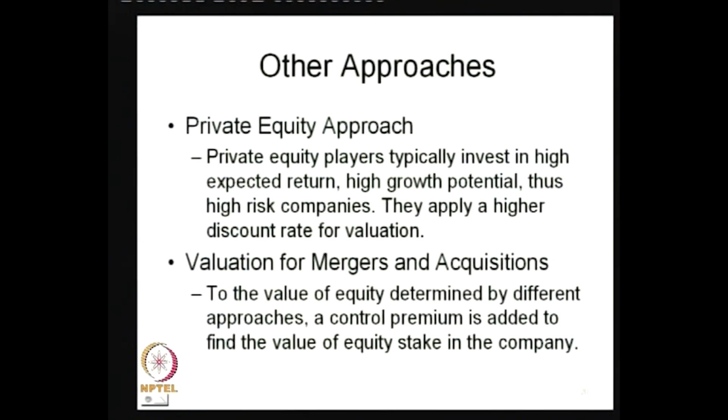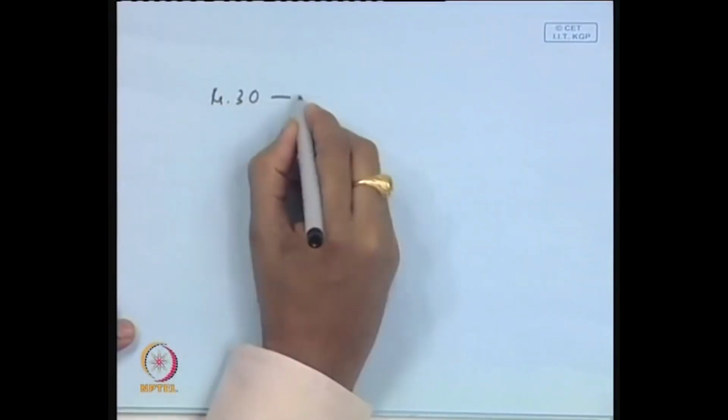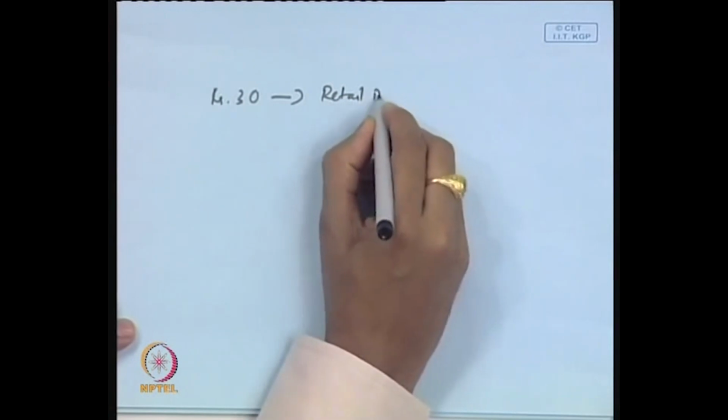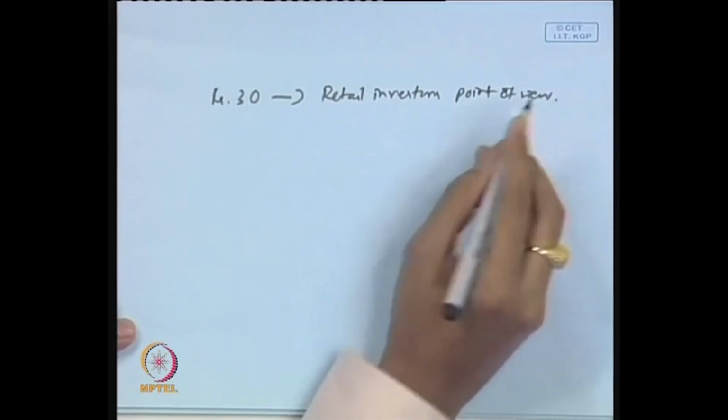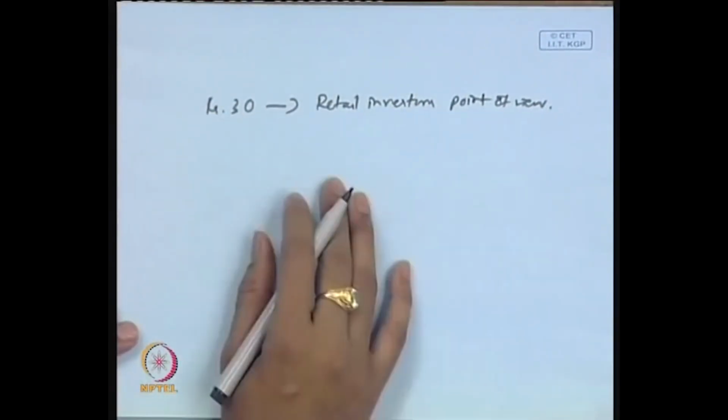Then we have valuation for mergers and acquisitions. In a merger or acquisition, what happens? The valuer, the company who is the acquirer, is going to have control over the company also. So, any value that you found in different approaches, dividend model, relative valuation model, or the free cash flow approach, gives the value per share. Let us say the value per share comes to rupees 30. That is from the retail investors' point of view, but since the acquiring company is going to have control over that,